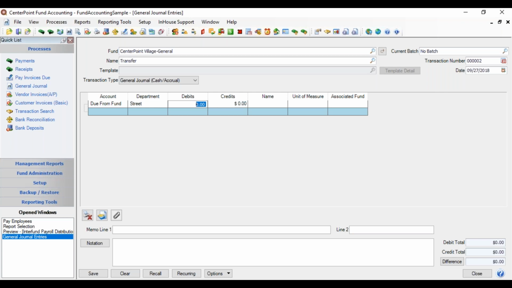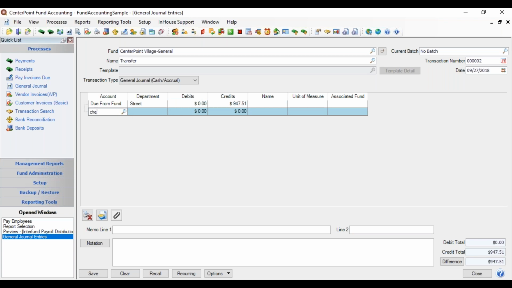We're working with the ones from street. And in the due from, it's going to be a credit to this asset. So the same amount, $947.51, and it will then decrease the asset of that due from asset and offset it again with our checking